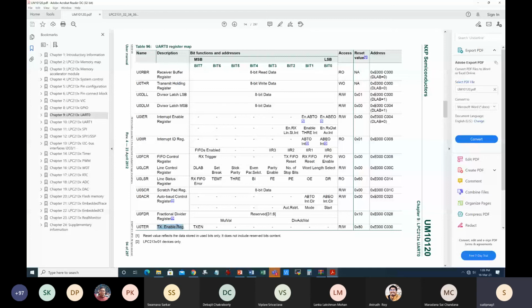And then there is enabling the transmit register. We'll look at these registers in detail in the next class, and we will see some details about UART and why UART, although very old, which came up in the 1960s or early 70s, is still there in almost all modern microcontrollers, along with other protocols. So I'll stop over here.